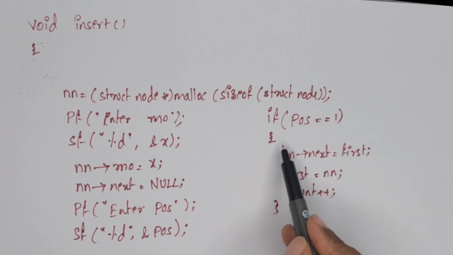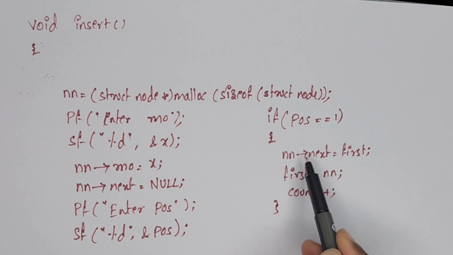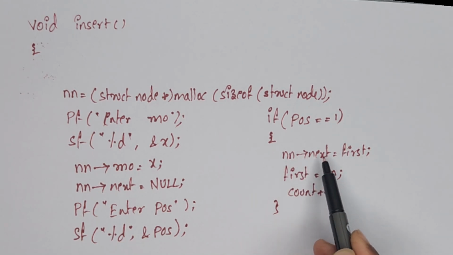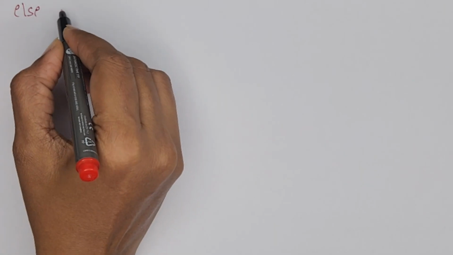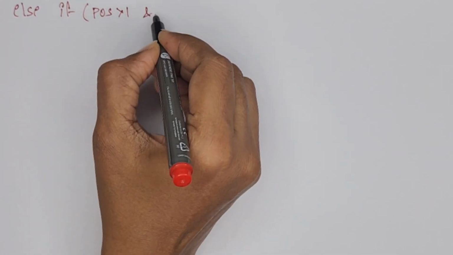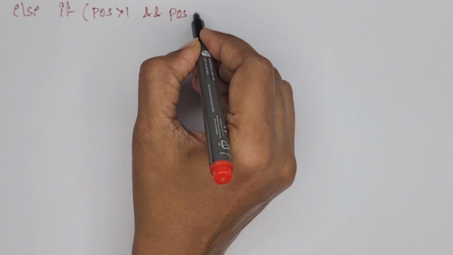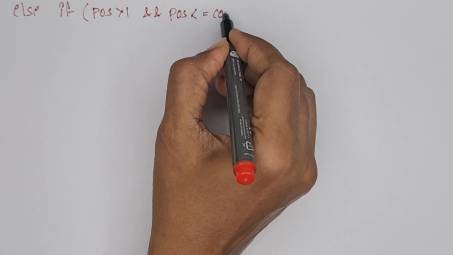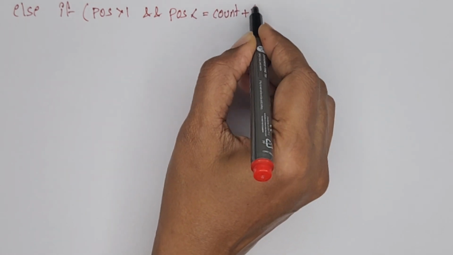So like this, if position is 1, before the first node, you can add the new node. The new node's next is the first. Now the new node becomes the first node. Else, if position is greater than 1 and position is less than or equal to count plus 1, it means middle